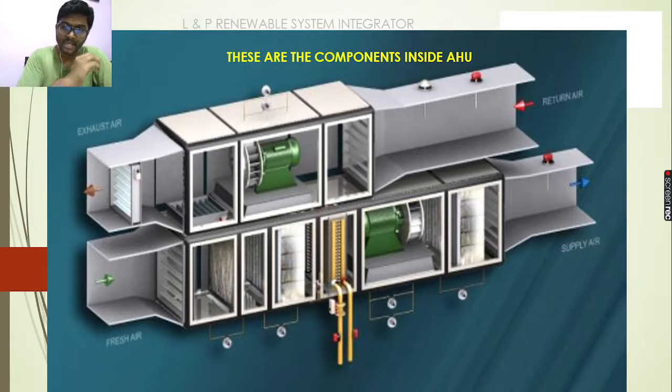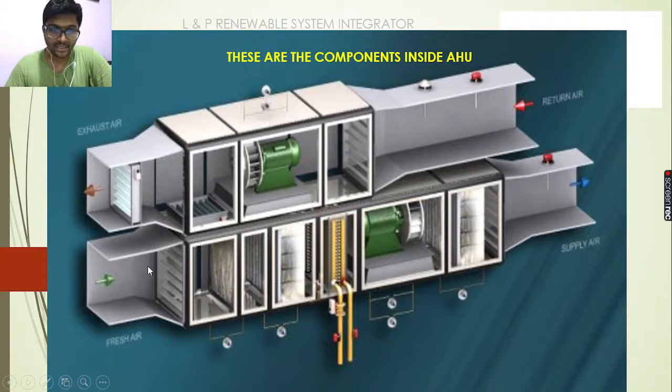In order to cool hot air, we need water from the chillers, which is getting into the cooling coil. This is how the cooling coil will look. In the return line, the damper actuators are fixed. Apart from it, a heater is also there, because during the winter seasons the air might be too cold, so to heat that air we need heaters or thyristors.